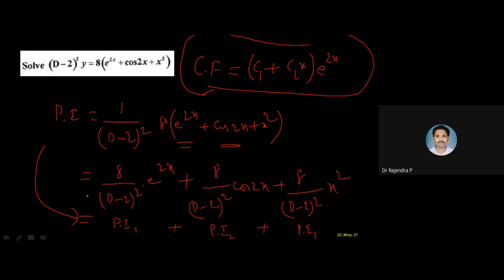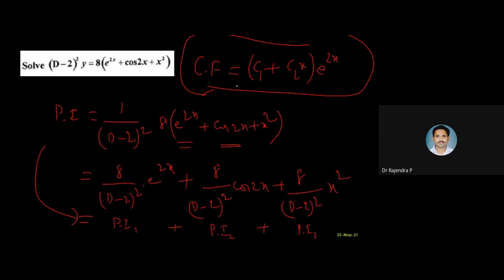What is the first answer now? Tell me, anybody. 8x e to the power of 2x, sir. Is it 8x? Yes, sir, because when we substitute 2, it will become 0. So we have to multiply and differentiate the outside. Actually, 2 times of D minus 2 will be there, first time derivative. Again, I think we have to go for one more time, right? We will get x square, it seems.